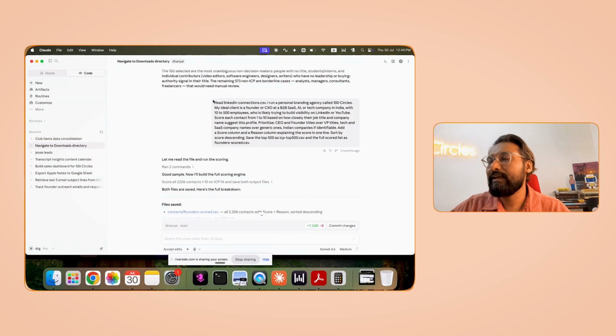Hey, here is my LinkedIn connections, all my LinkedIn connections in this connections.csv, and here is my ICP.md, which has a detailed description of my ideal customer profile. Now go through all my LinkedIn connections and can you identify the connections which matches my ICP and rank them on a scale of 1 to 10, with 10 being the ones which has the highest fit